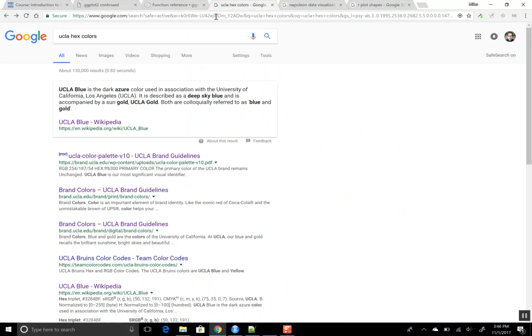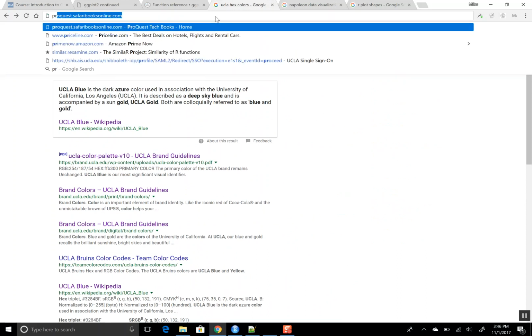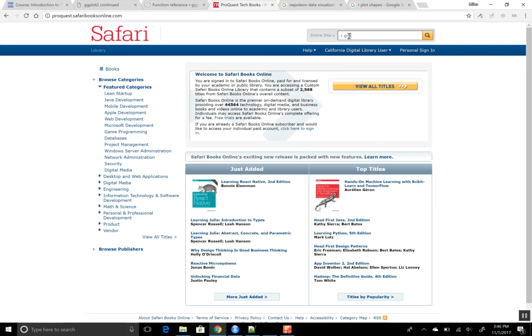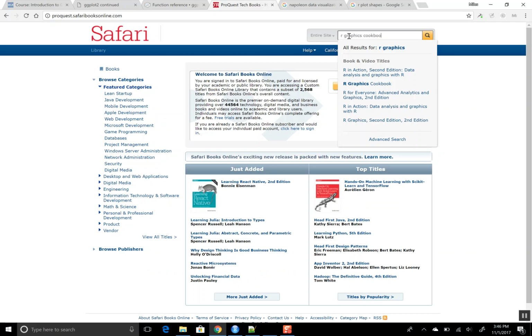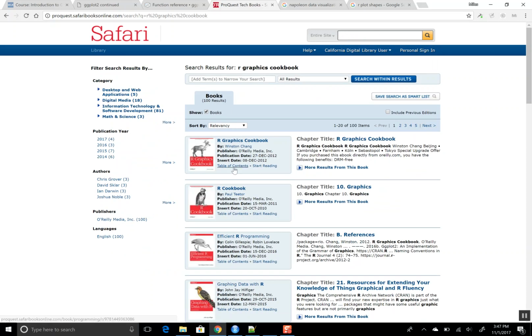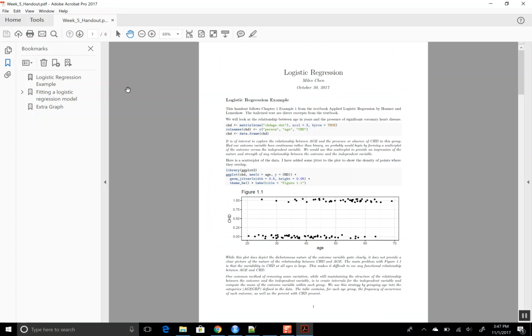And then as far as other things you can do, you can look at the R Graphics Cookbook from Safari Books Online. And that's a great resource, okay? And you can combine information from different sources of data. And so I showed the other class this analysis that I did, well, this was kind of an example thing,